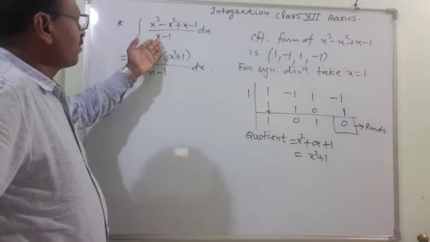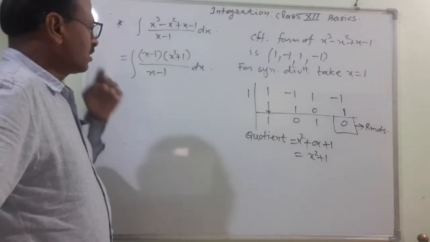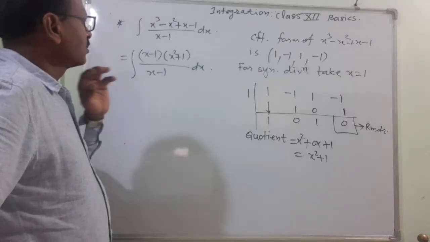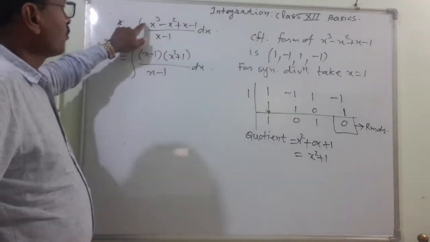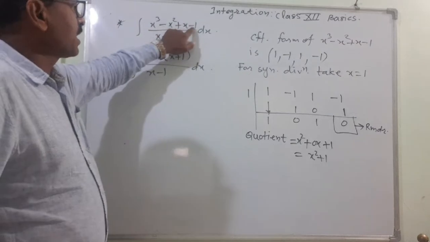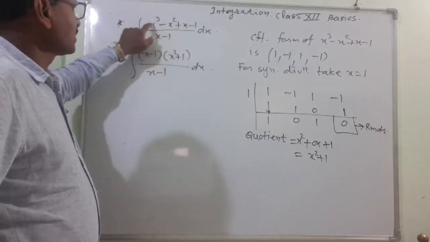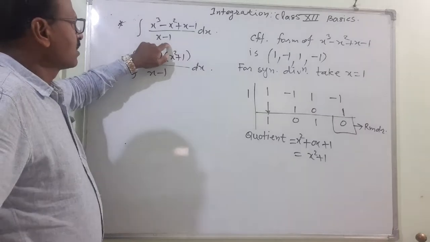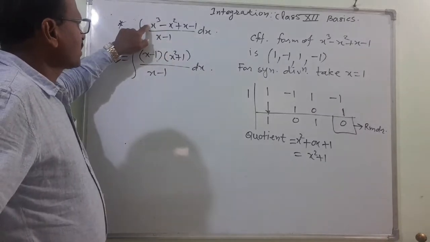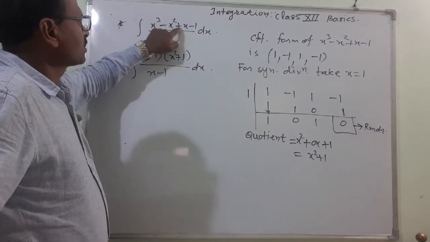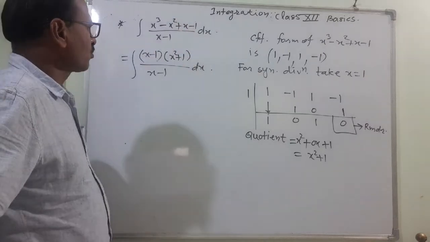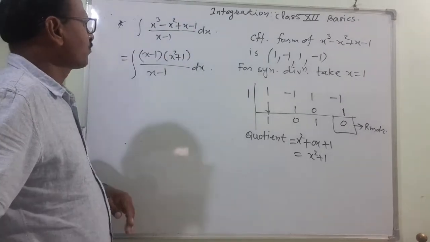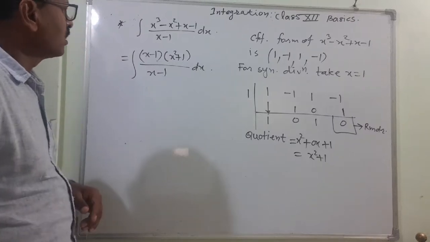x minus 1 may be the common factor in this. So first of all, how to judge whether it is there or not. Add the coefficients, and if the sum of all the coefficients is 0, then x minus 1 is a factor. So here I can see that this is plus 1 minus 1 0, plus 1 minus 1 0, the sum of all the coefficients is 0. That means x minus 1 is a factor of it.